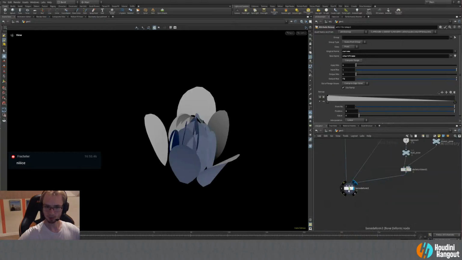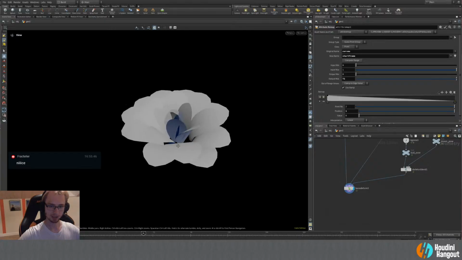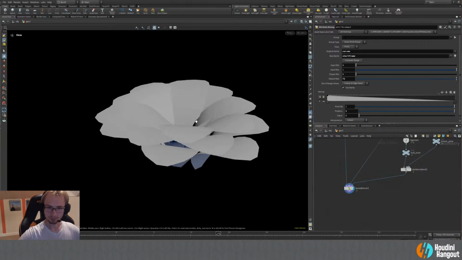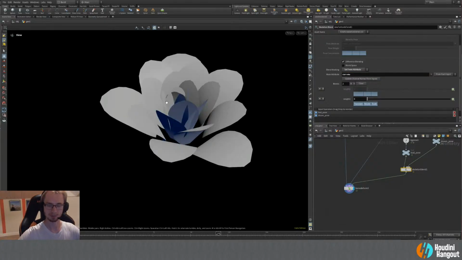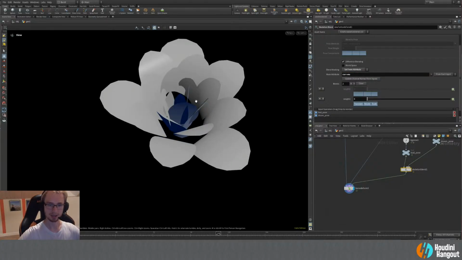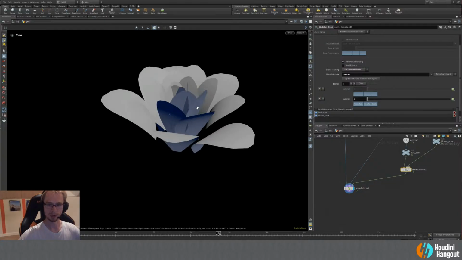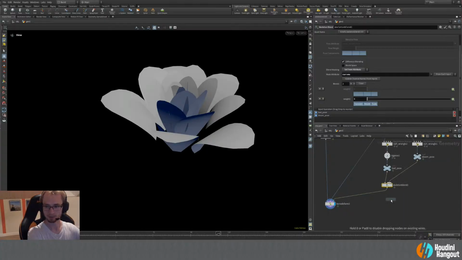So now if we go to our bone deform, we have an animation. And so what I was saying before is that when we had the curve view here as our mask attribute, this would be kind of a nice final state because we don't really want the inner petals to grow all the way. So we can just use an attribute adjust float here